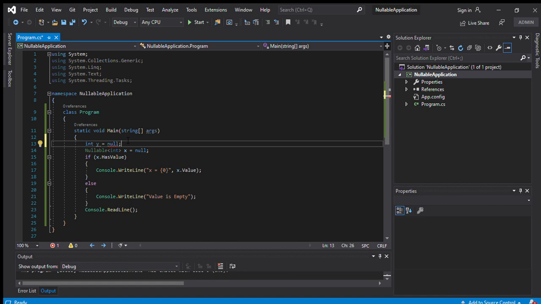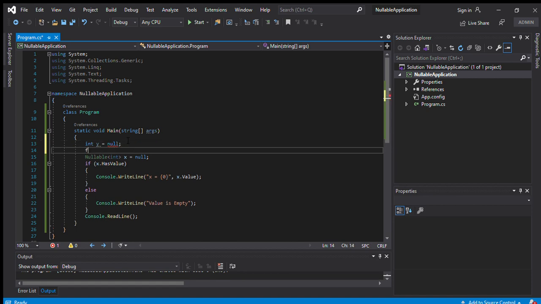Okay, if I declare another variable like float, okay, and the value is like a char, and I am going to add some point, so it is possible. But whenever I add null as the float value, again it is not possible because it again shows cannot convert null to float because it is a non-nullable type.